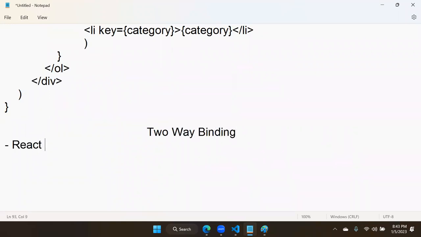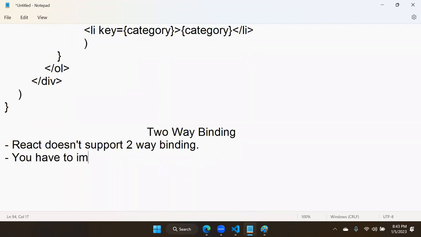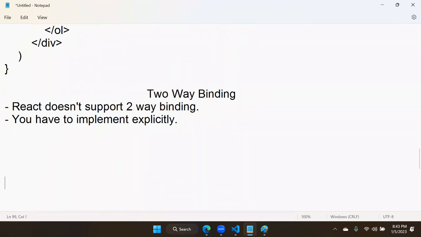Remember, React doesn't support two-way binding. Understood? So what you have to do is implement it explicitly. Explicitly, how do we implement it? By using